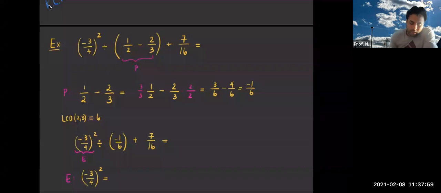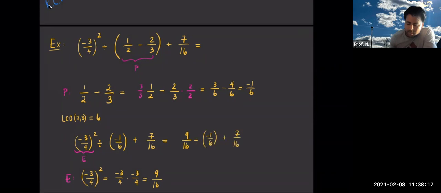Right. Negative 3/4 squared really is negative 3/4 multiplied by negative 3/4. This becomes negative 3 times negative 3 is positive 9 over 16. So then this is really going to be 9 over 16 divided by negative 1/6 plus 7 over 16. And I think that's what,